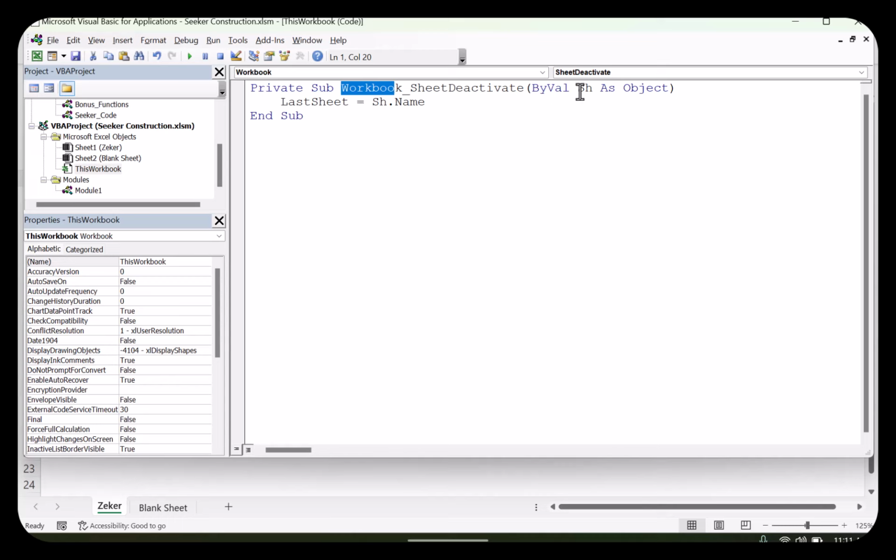and view the object of the sub as sh. Okay, that's the basic the current sheet. All this does, it goes to that sheet, whatever that sheet is, takes its name, puts it into last sheet. So whenever I change a sheet,